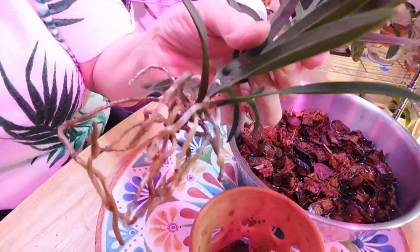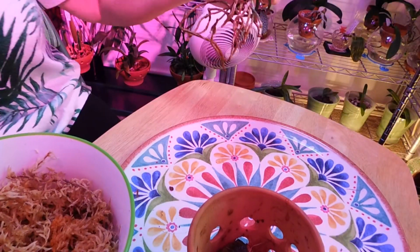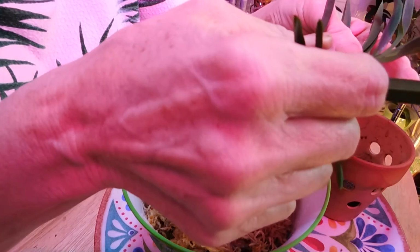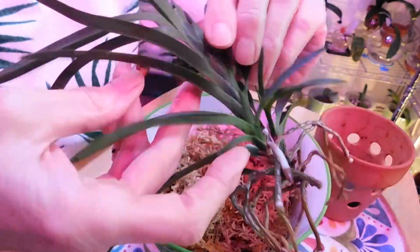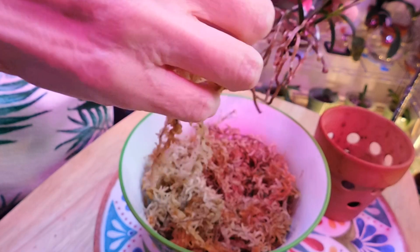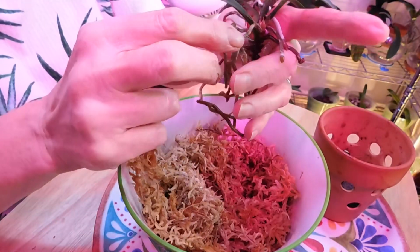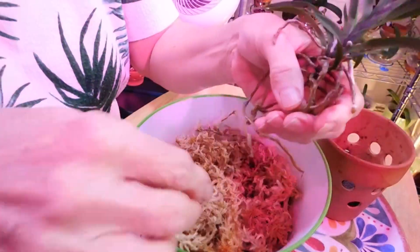Now let's see. I mean, these are all jobs that need doing now, because here in England, where I live, and you see that there's a root trying to get through there. We're going into warmer weather, and so everything's going to dry out very, very quickly. Okay, so what I'm trying to do is I'm trying to